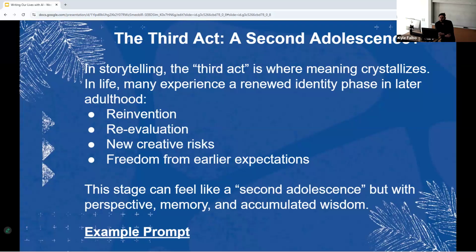One of the directions I wanted to take this class is memoir writing and engagement with AI as a memory restorative and a memory retention tool, right? I think a lot of what comes with freedom from earlier expectations... So, yeah, I'm outside of my lane here. I am just pontificating about what I think this experience may be.